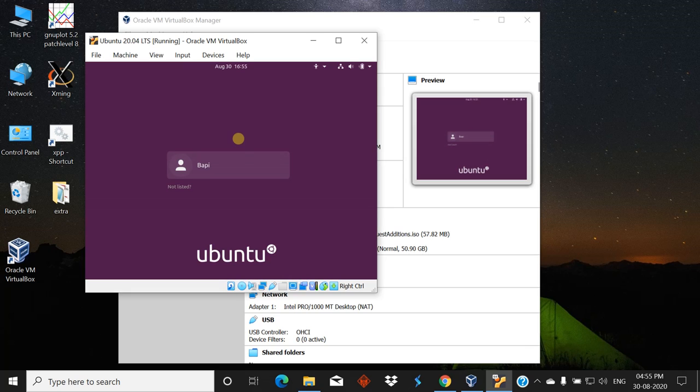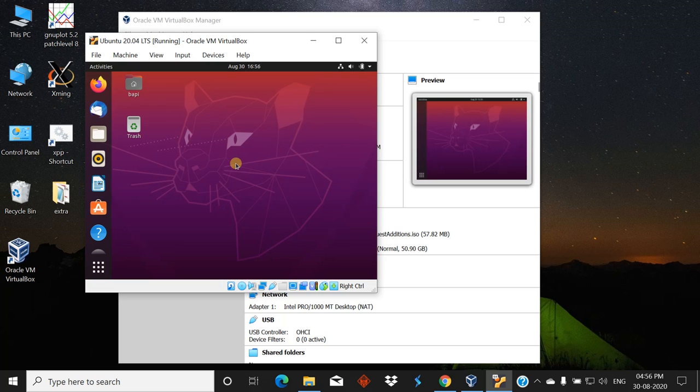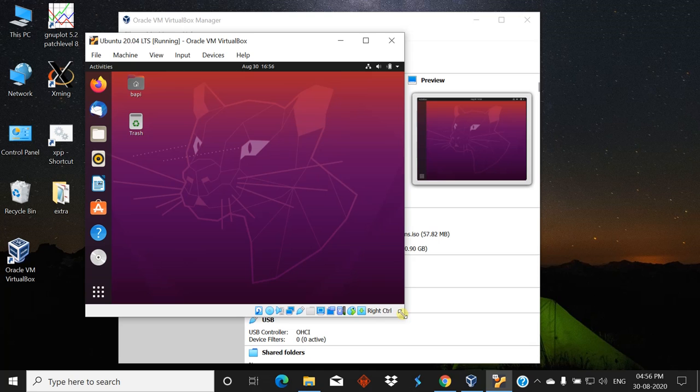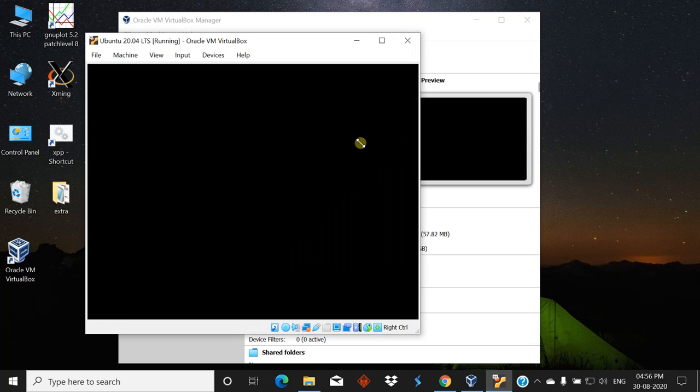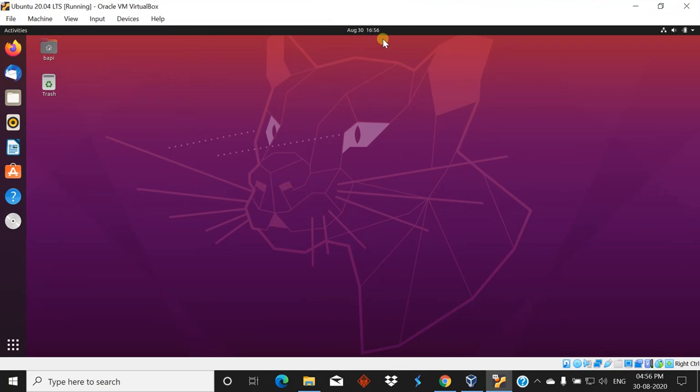Now asking for password, give the password, hit enter. Now if I maximize, you see Ubuntu is also maximizing. If I put it on full screen, Ubuntu fits exactly on the full screen.